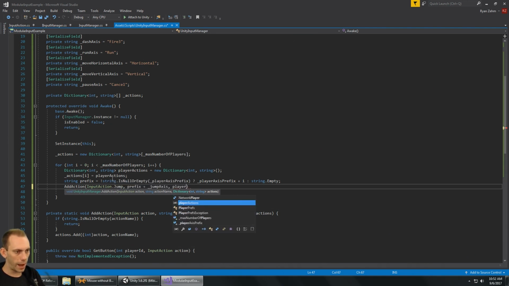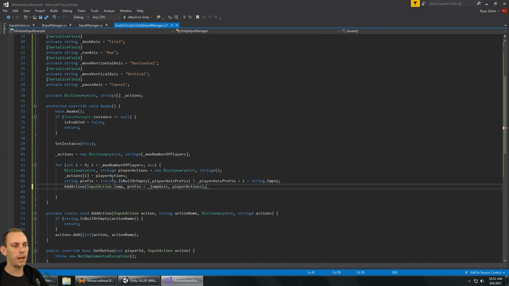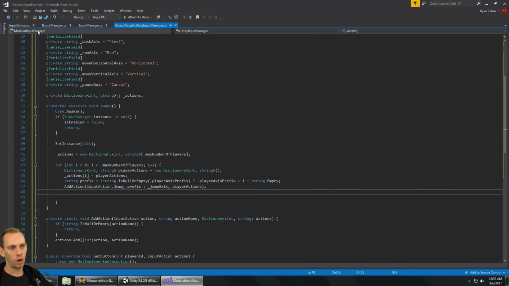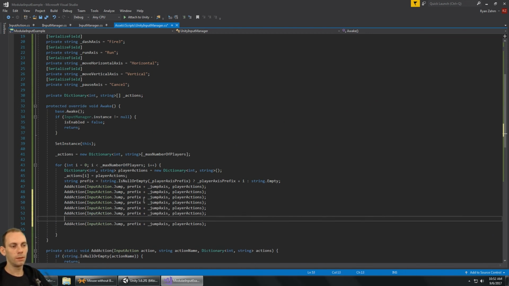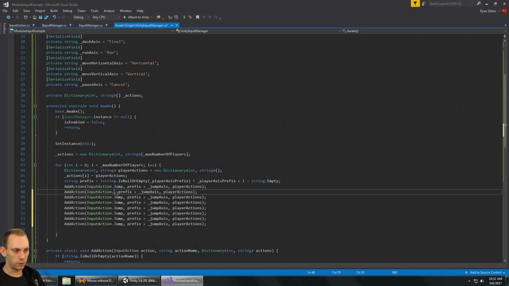So player actions. And then we're going to need to add one action. So we want to put all of these actions into the dictionary. So we're going to need to copy and paste this line a number of times. And then for each one of these, we're going to say input.attack, .subattack,